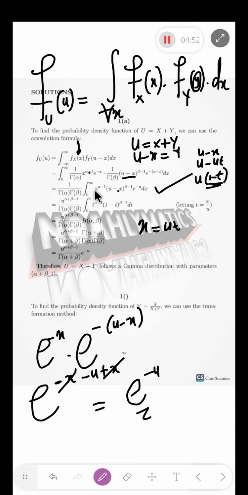And in this case also, whereby you have x is already ut, you have u raised to the power of alpha minus 1, then you have t raised to the power of alpha minus